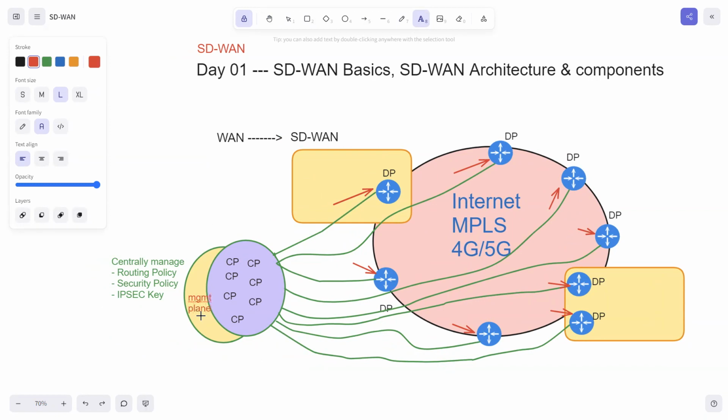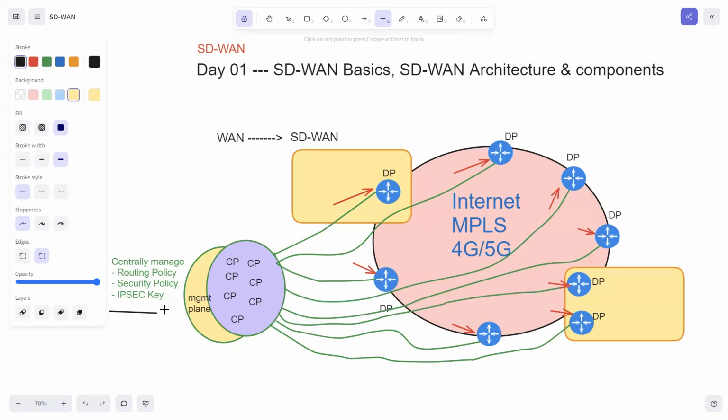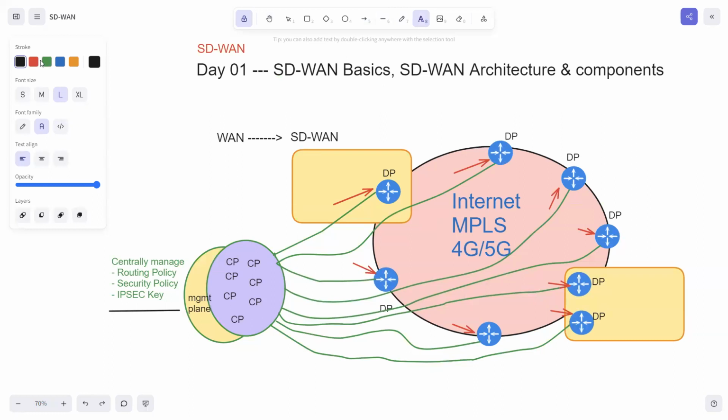management plane. So the circle that we have is the management plane, and this management plane is integrated with the control plane, and then there is one other component as well. But from this management plane, you can create the policy, and then push that policy to the control plane, and then the control plane will push the policy to the data plane devices. So in terms of management, you can see that we are reducing the overall overhead related to